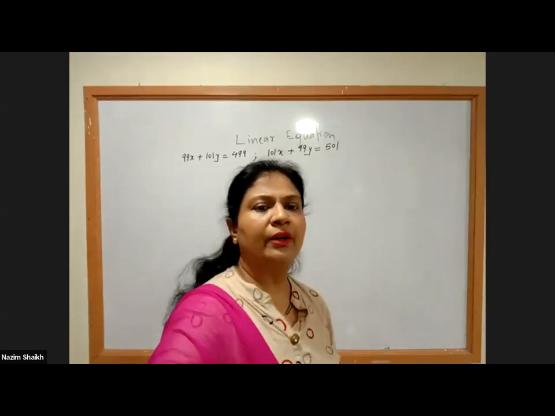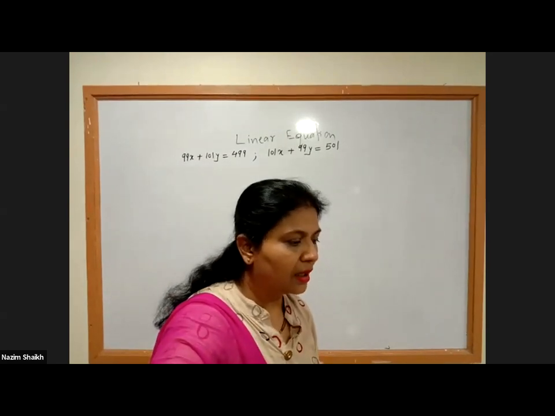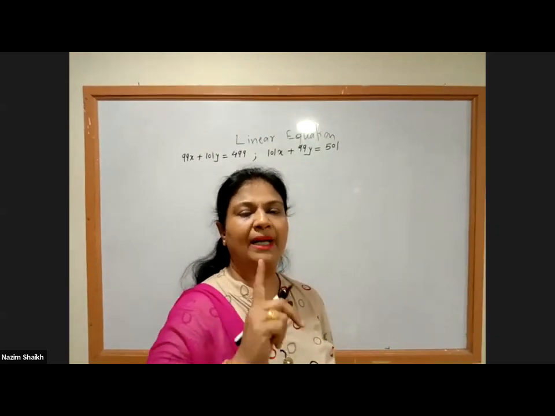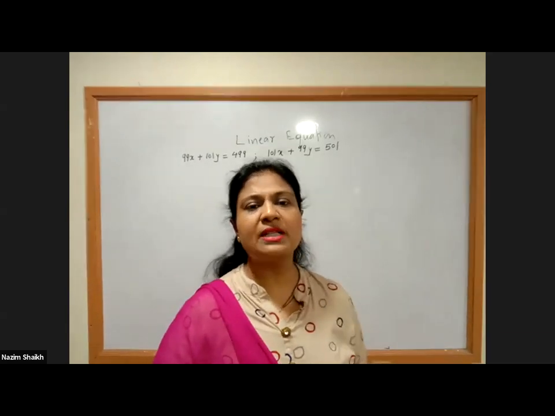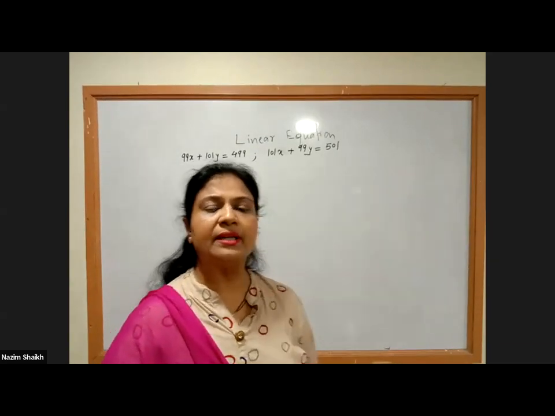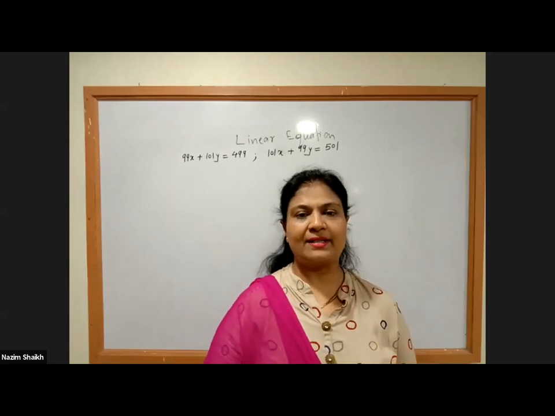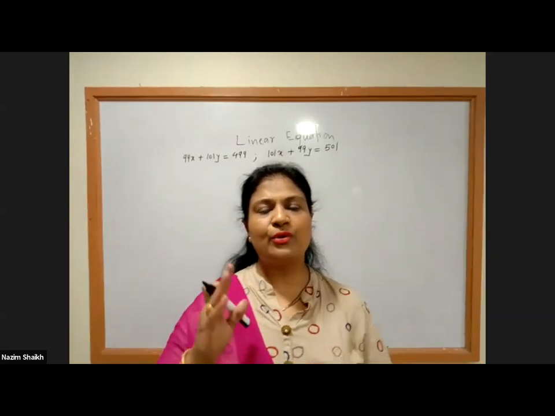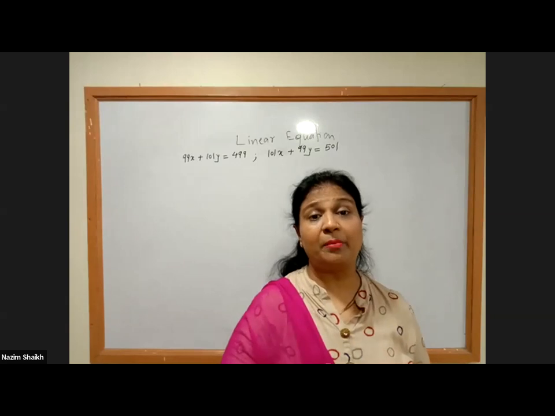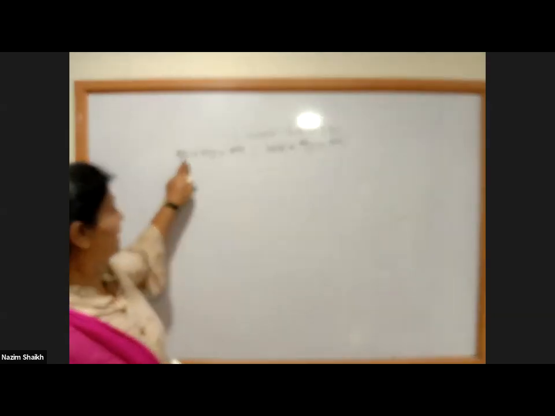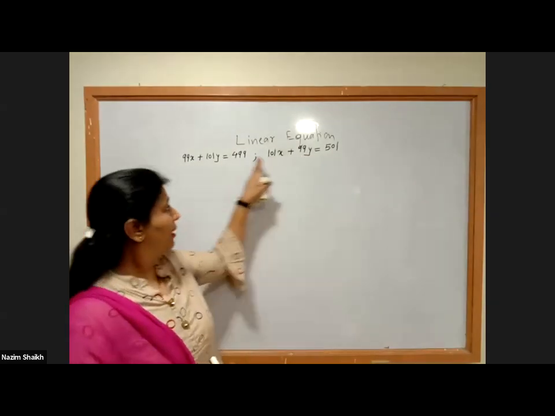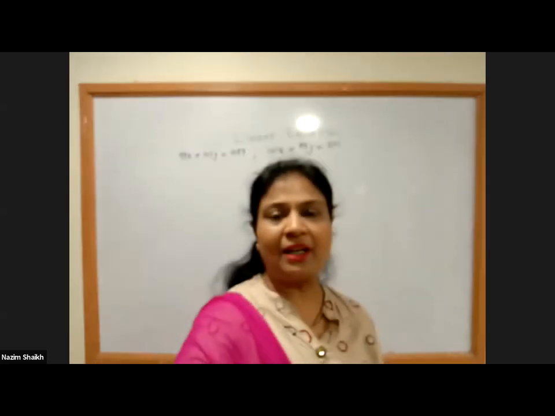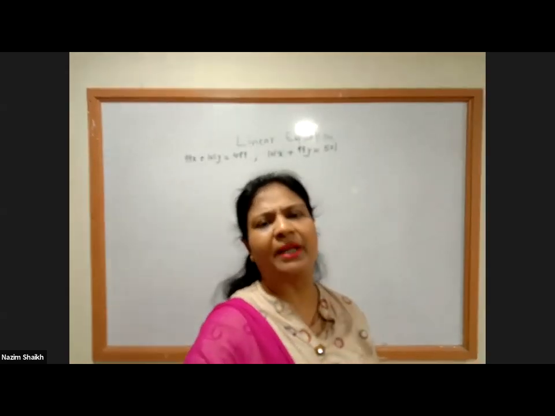What special thing are you noticing? I'm expecting comment from you. Yes, these are the equations with bigger coefficients, huge coefficients. And the second important thing is that there is an alteration. The coefficient of x in the first equation is the coefficient of y in the second equation, and the coefficient of y in the first is the coefficient of x in the second. Correct. 99x is your 99y, 101y is your 101x. Yes, this is a typical question, and there is a typical method to solve this type of question.